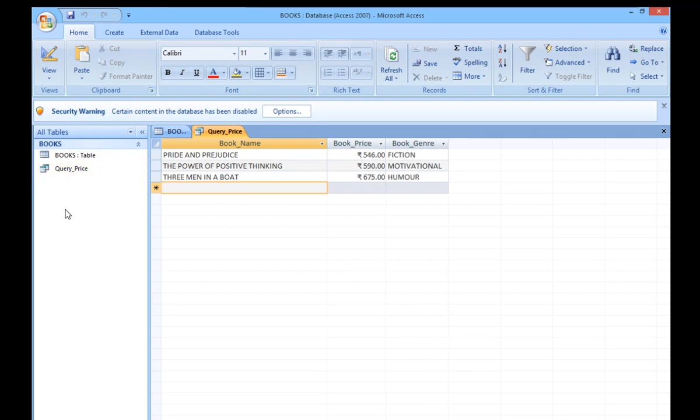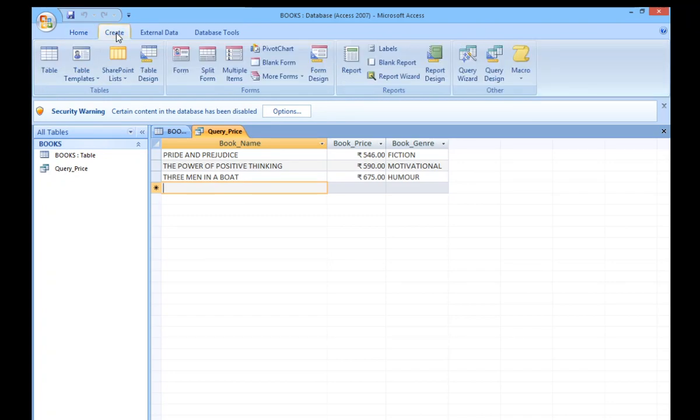Okay children, so let us create one more query where you will find only those records, or those books, which belong to the category humor. Let us create that query, and I will show you how to create that query using the query wizard. So this is your query wizard.